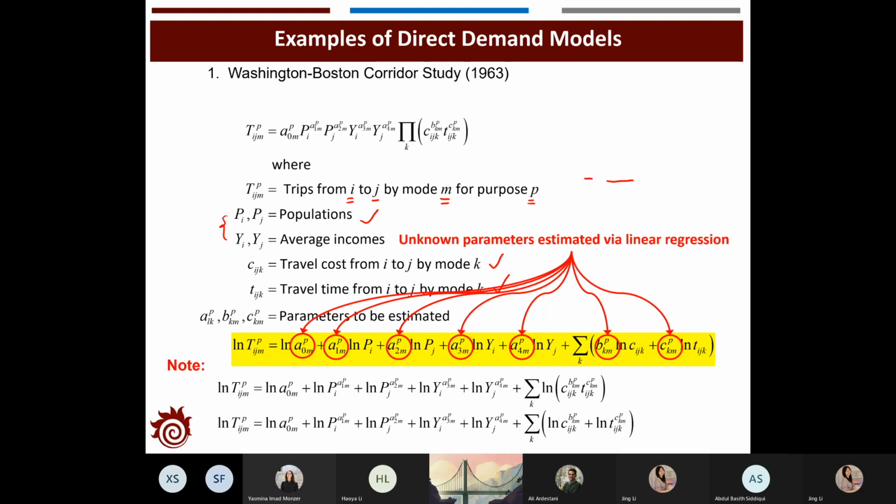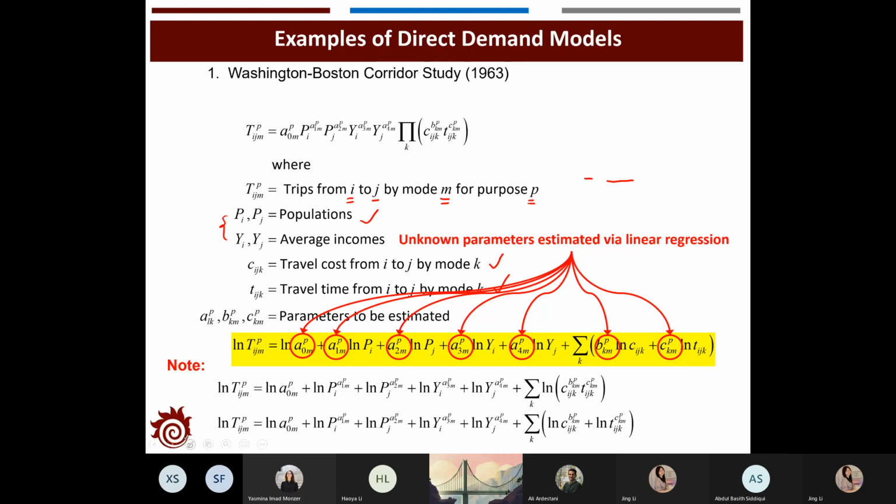Once you have all these parameters calibrated, you will be able to use the model to estimate the number of trips traveling between Washington and Boston, as well as make some predictions about future trips. So that's one typical